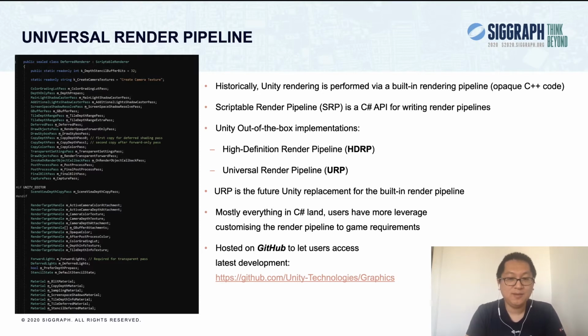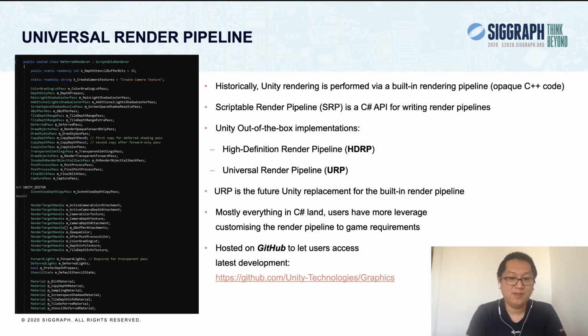And so Unity is also developing two out-of-the-box implementations that actually use SRP. The first one is HDRP, High Definition Render Pipeline, and it's targeted toward high-end platforms like PlayStation 4, Xbox One, HD consoles, or high-end PCs.